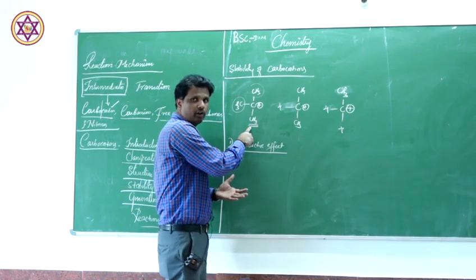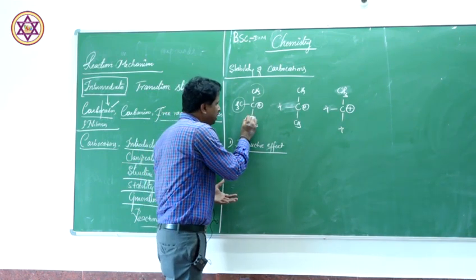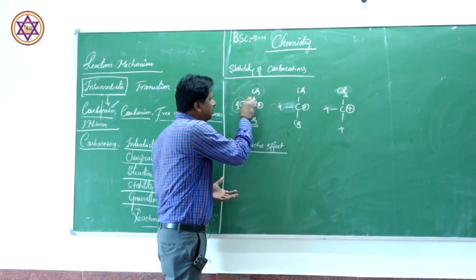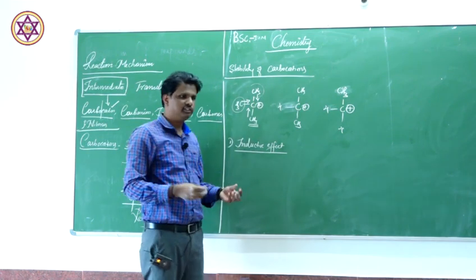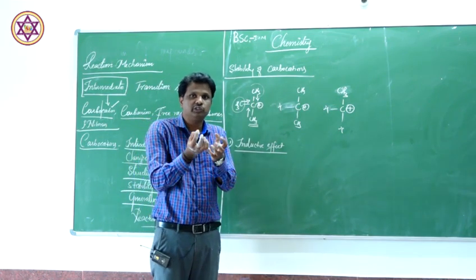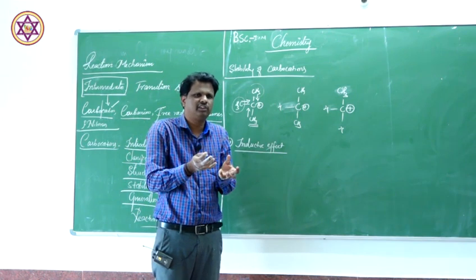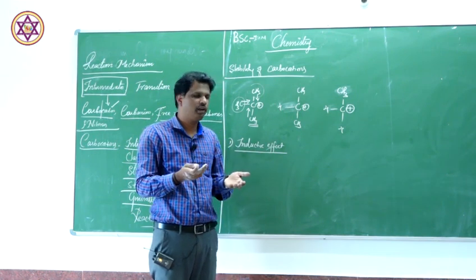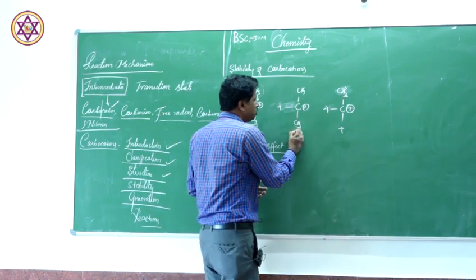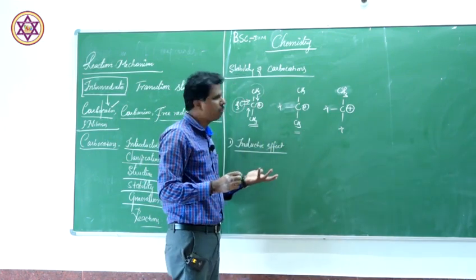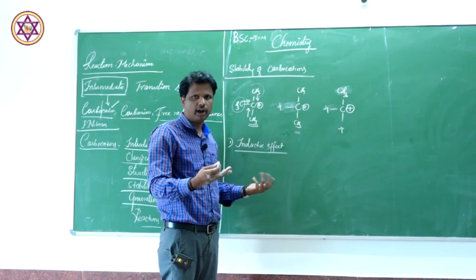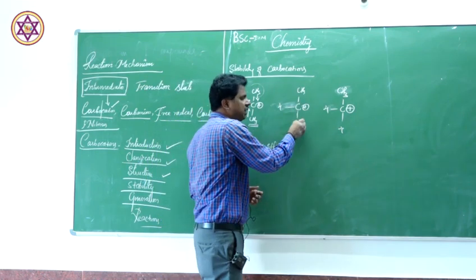In a tertiary carbocation, all the 3 methyl groups are donating electrons. Since they are donating electrons, the positive charge will be neutralized to some extent, which means they get stabilized. So what about in isopropyl carbocation? In an isopropyl carbocation, or a secondary carbocation, there are only 2 alkyl groups attached.